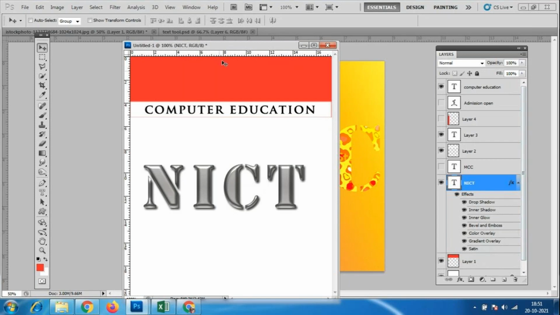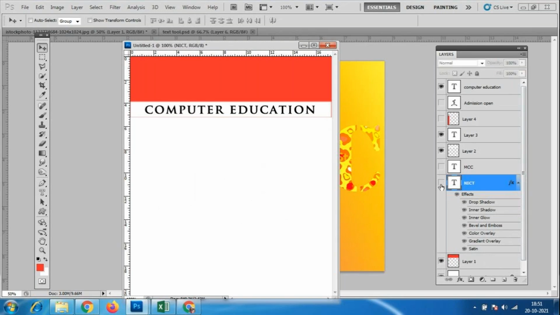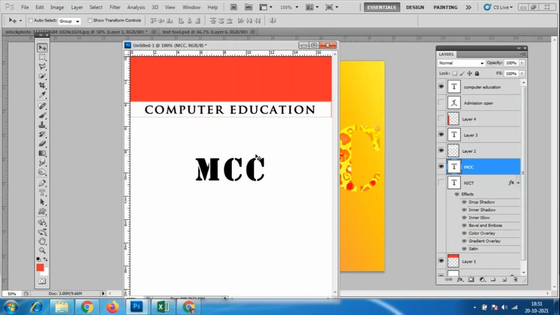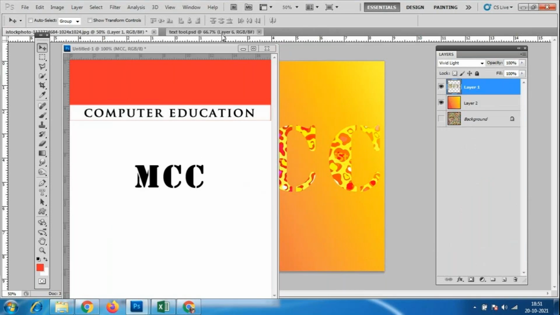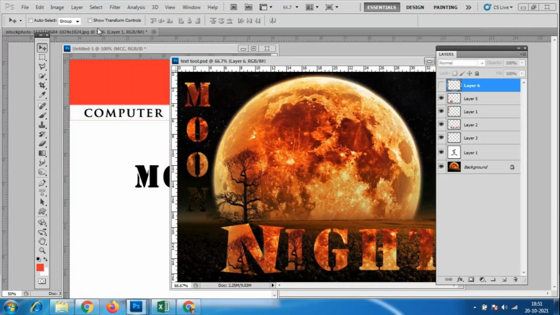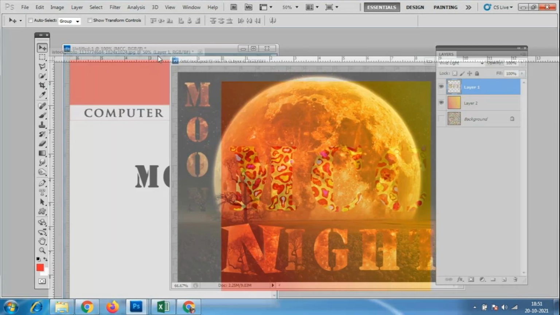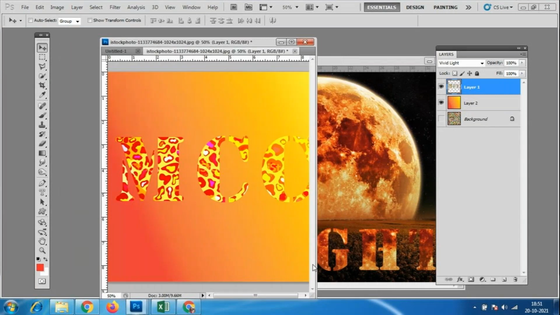Okay, but how to create this one? Whatever we have done is already there by default, we can do it. Correct. Suppose we don't have this effect, so I love this eye mark. If this eye mark is on, then only the text effect which is added shows. Okay, so I have to add it. Suppose I have this kind of text. Suppose I have this text and I have this text. Correct.